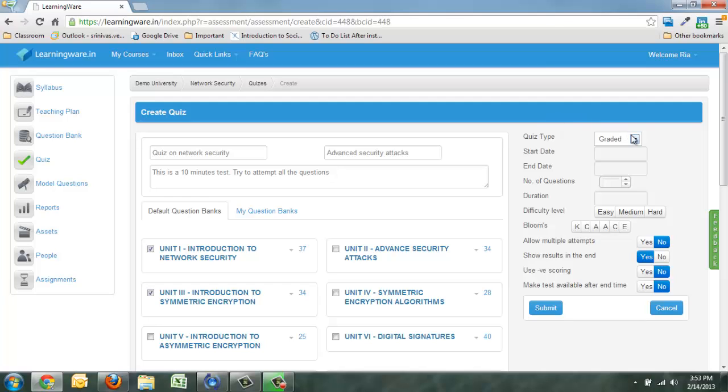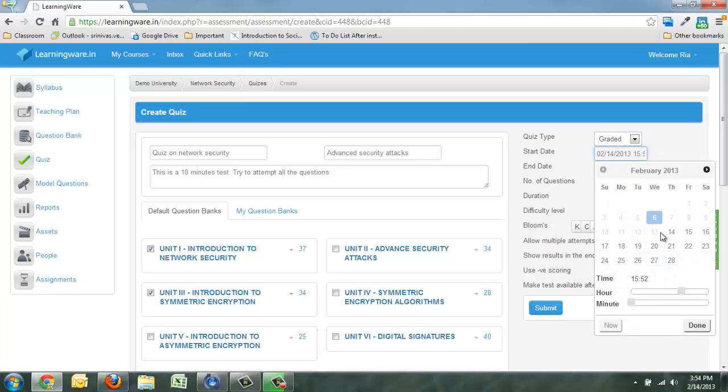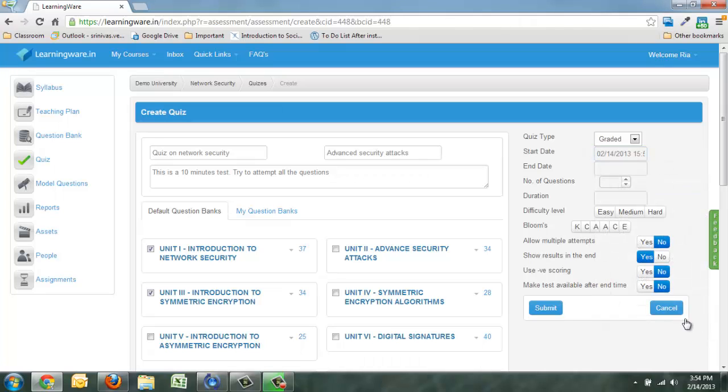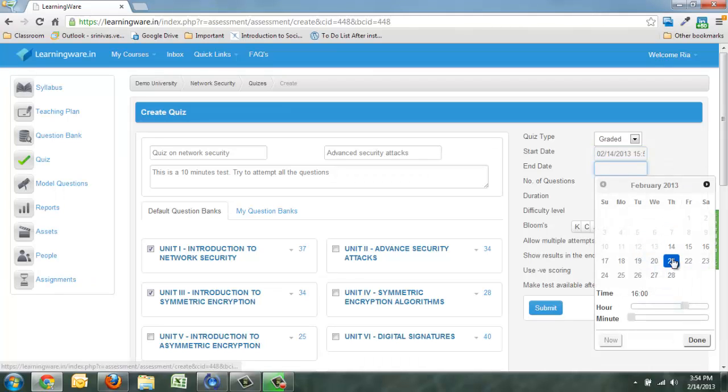So once you have selected those questions, then fill these fields towards right hand side, whether it is a graded or practice quiz. What is the start date? Select an end date, till when you want it to be open for the students,